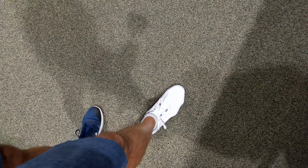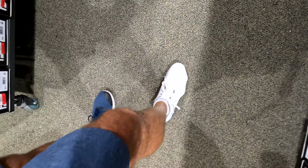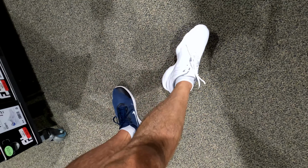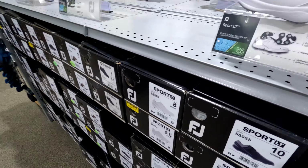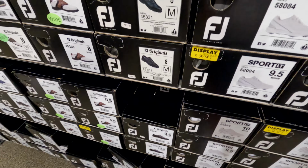I have to admit, there's not a lot of cushion around the ankle, but it still feels good. It's low enough that it doesn't really hit my ankle. The material forms around my toe line pretty good. It looks decent. A little white. I tend to de-whiten them pretty easily, but honestly, for $109.99, this is a pretty good option. So I would say that you are in the running, but